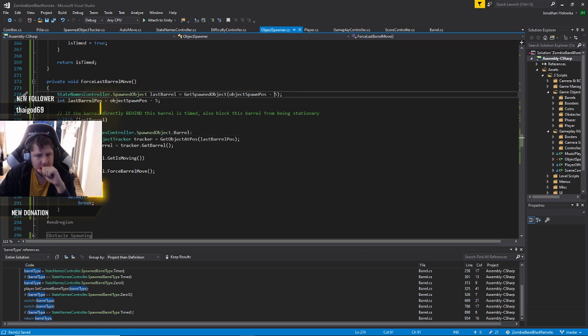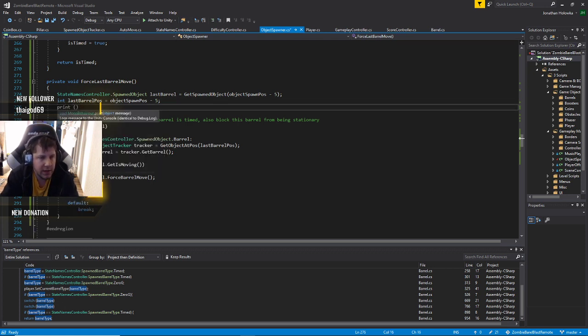I could just have the wrong object spawn position. Let's see, it goes up by 1. So at this point, we should already be saying the next object. So -1 is the barrel, -2 is the coin box, -3 is the obstacle. So maybe -4 is what I should be looking for. You know what? What's the point of guessing? Let's just print